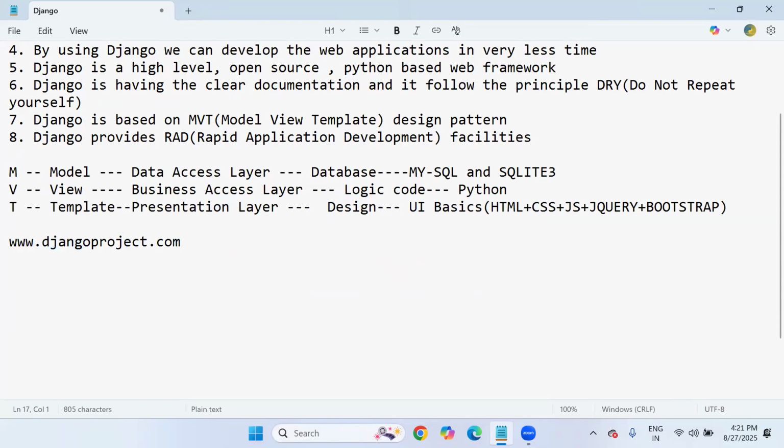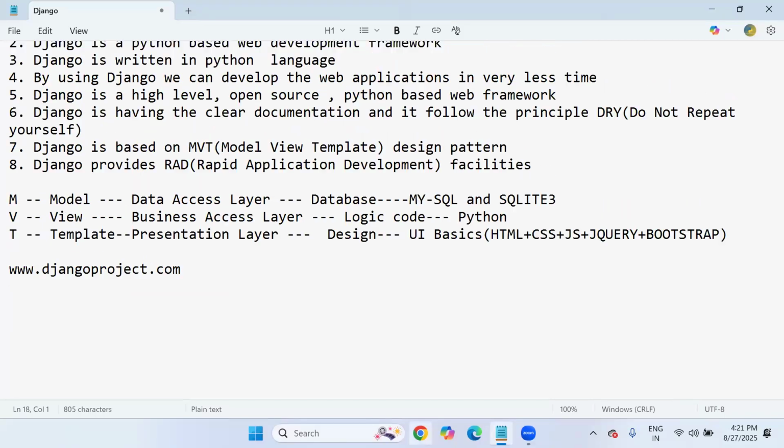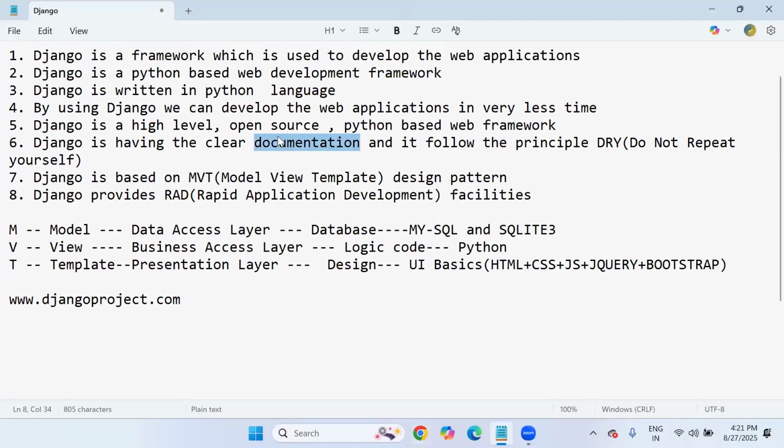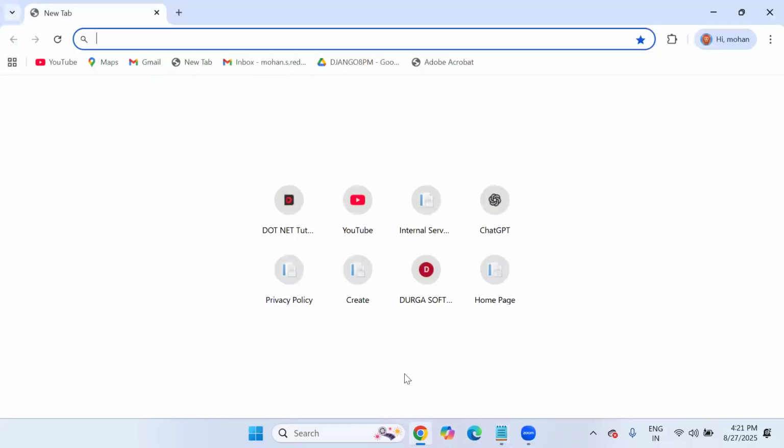Is there any clear documentation? Yes, I said that Django has clear documentation. You can feel free to visit the official website and get the documentation. If you are in a position to understand, you can understand it. But if you are looking at Django documentation for the first time, you might not understand clearly because they have detailed discussion. Each and everything they go into deeply, but that much is not required. That's what I am here for as a trainer, to simplify things and put all the stuff in front of you in a detailed manner.